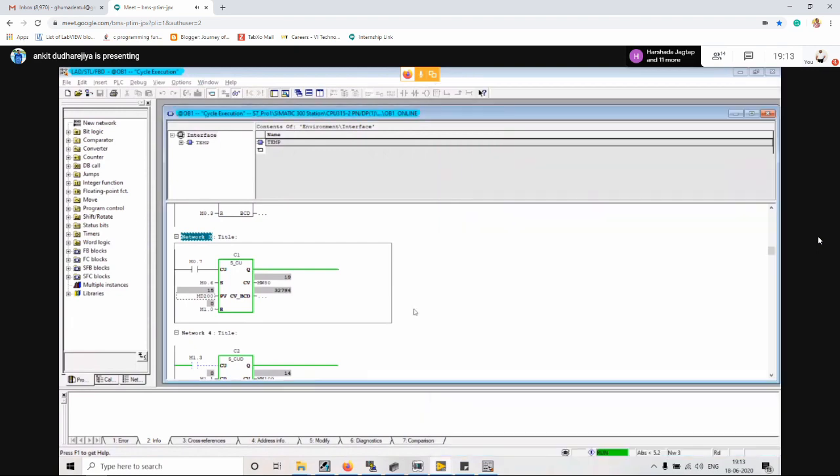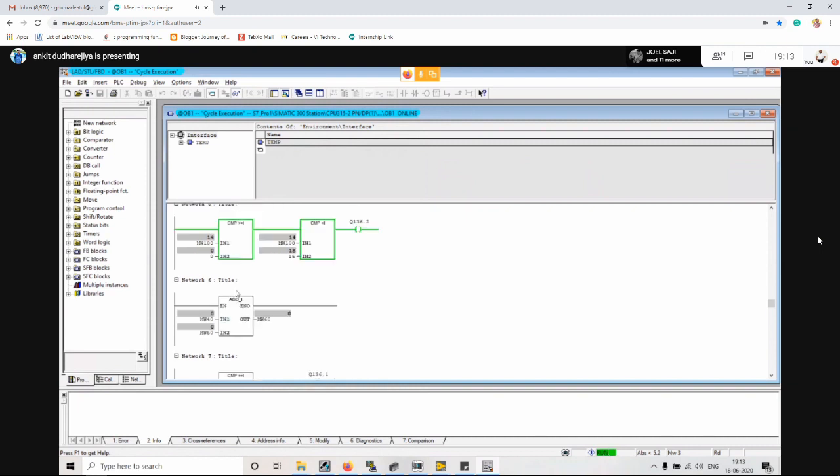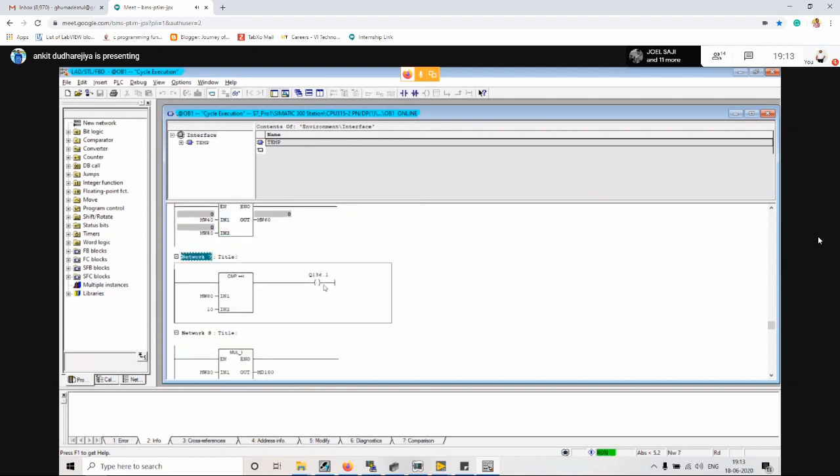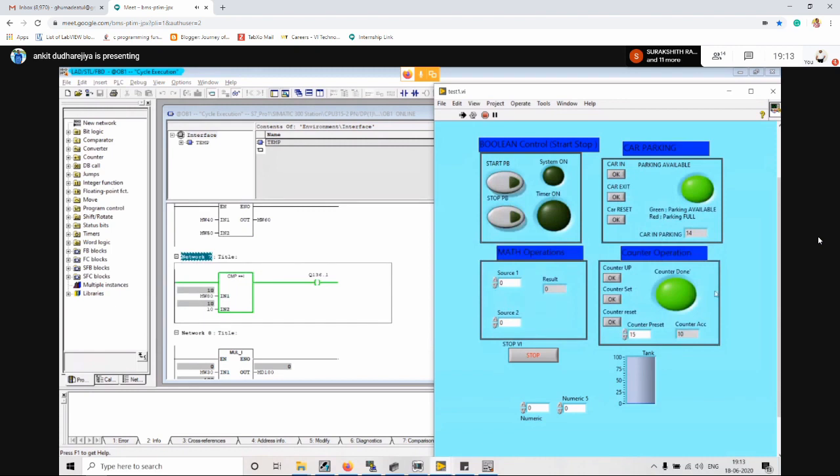At 10 we are getting this output because down below I have prepared a comparison logic. If my counter accumulator value is equal to 10, then my output is going to be on. I have labeled it counter done, and one output is getting on automatically over here. Now if you want to reset the counter directly, I press the reset switch, the counter is reset, and you can see the current value is 0. Again we can increment by 1 by pressing this switch. So this is the PLC logic for the count operation.